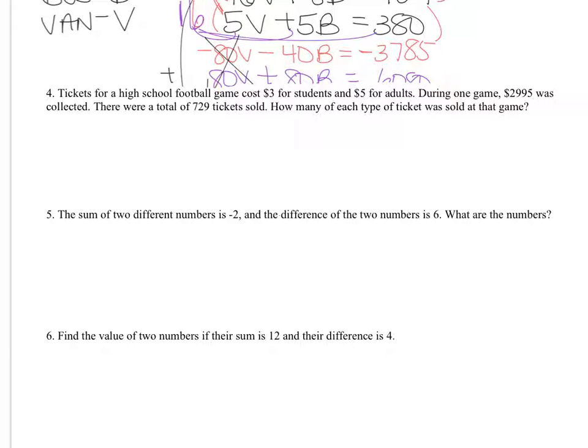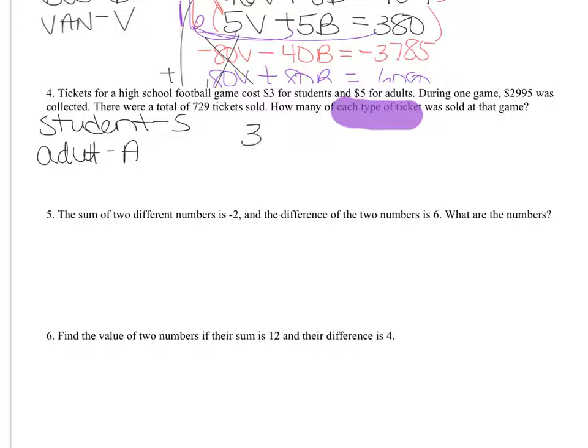So now I'm going to go and I want to highlight no more than 4 words of what I'm looking for. Each type of ticket. So what kind of tickets do I have? I have a student ticket. I'm going to call S. And I have adult ticket. I'm going to call A. So it's tickets, $3 for students and $5 for adults,